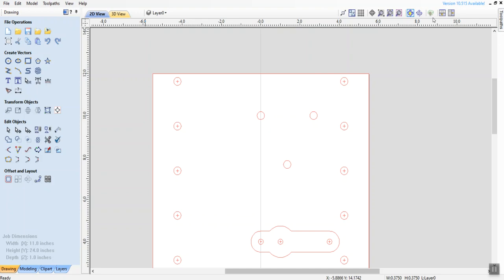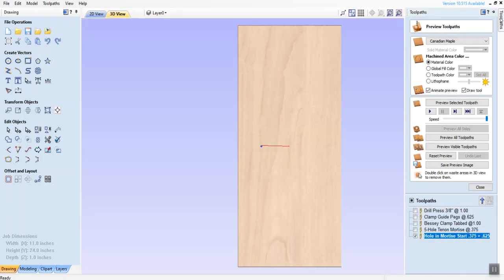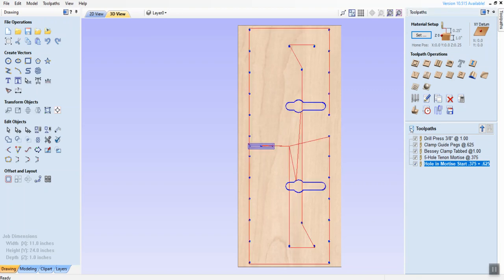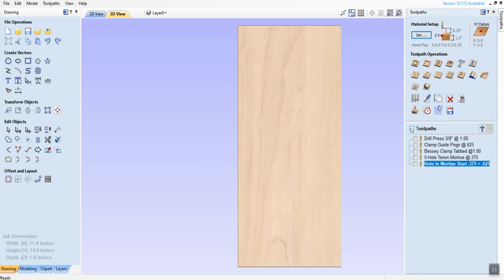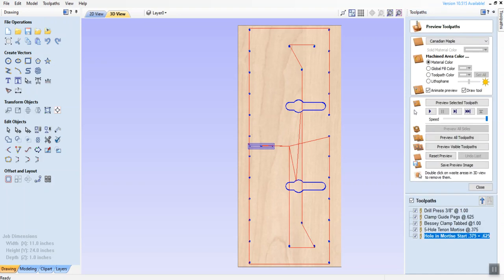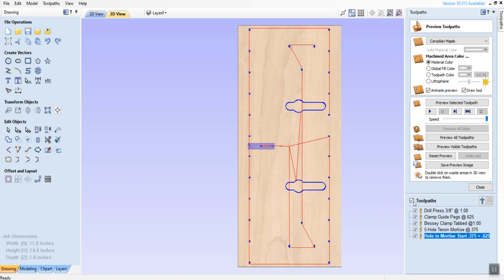So now I can go to my 3D view, and I see the whole thing. Click close on that. Now I'm going to click that so it basically clicks everything just to make sure I don't have anything already out there. I unclicked it, and then I'm going to click on this one here, which is preview toolpath. That puts it in that mode, and when it previews it, it's going to preview all of that stuff. So I'm going to click on preview,